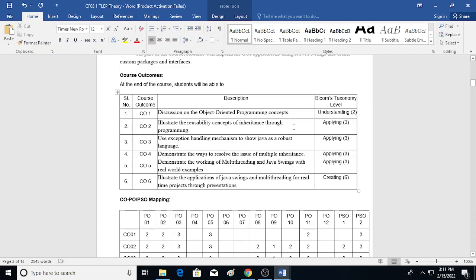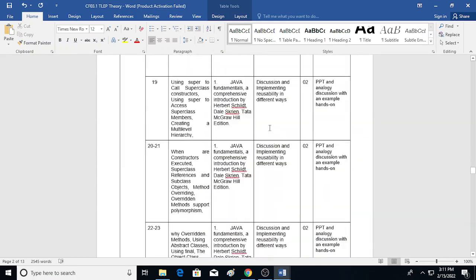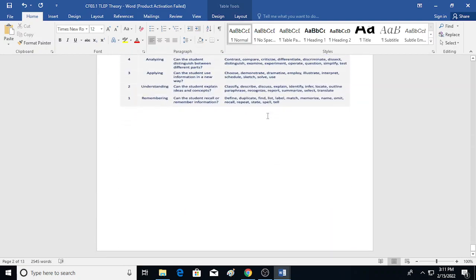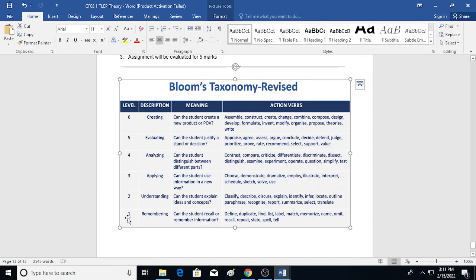We'll follow the newer one over here. So Bloom's taxonomy is something which... let me just show you. Yeah, so this is the Bloom's taxonomy. See here, there are multiple levels of learning from 1 to 6. 1, 2, 3, 4, 5, 6. So these are the different levels of learning. Let me just brief it.